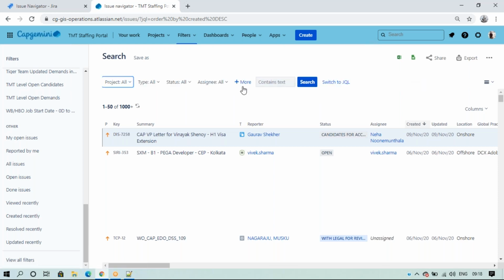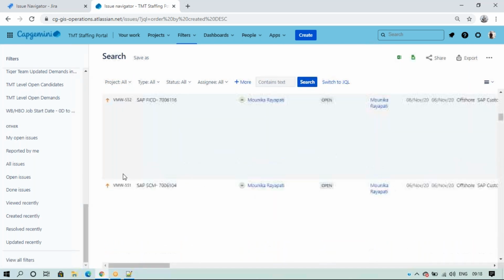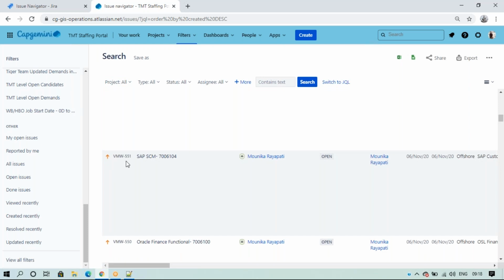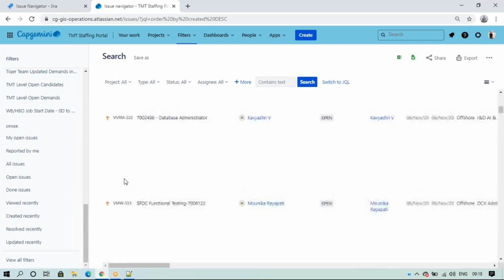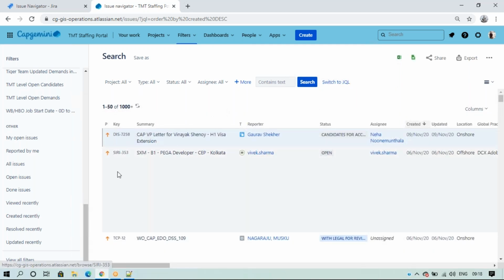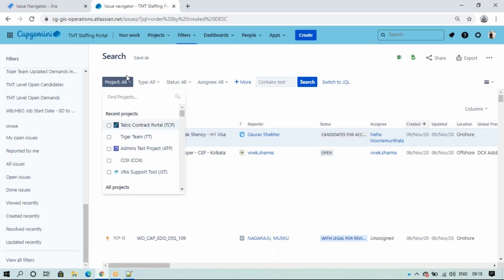Okay, so remember this. Next, suppose I have 10,000 plus tickets, 1,000 plus tickets, and I have many projects. Suppose VMW. I have many issue types, many projects, many things by issue type and reporter. So first of all, I'll just open one ticket.